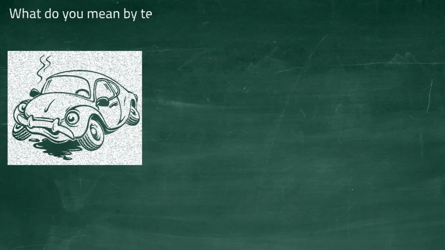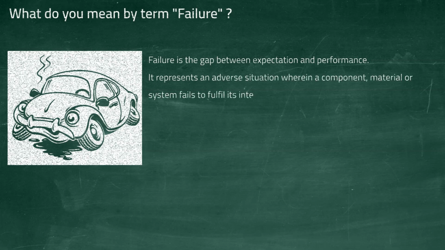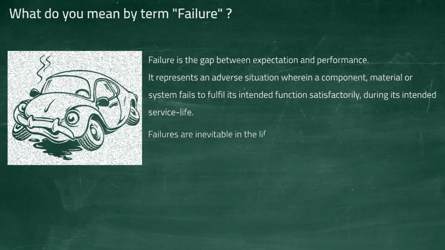What do you mean by term failure? Failure is the gap between expectation and performance. It represents an adverse situation wherein a component, material or system fails to fulfill its intended function satisfactorily during its intended service life. Failures are inevitable in the lifespan of any system, but the probability of these occurrences may vary